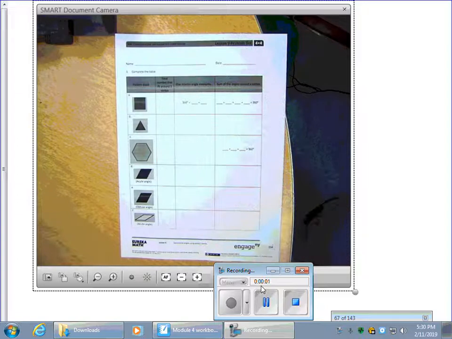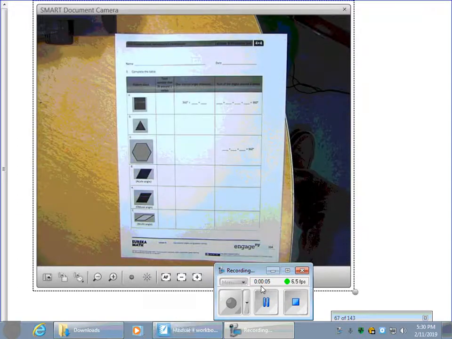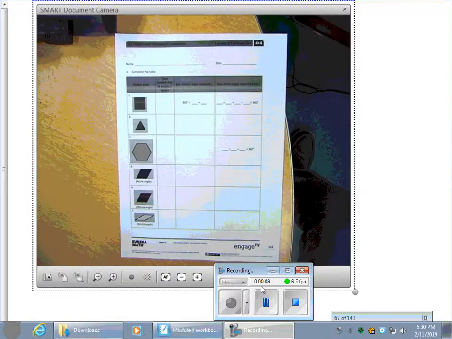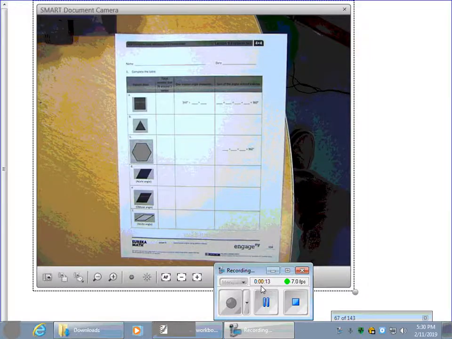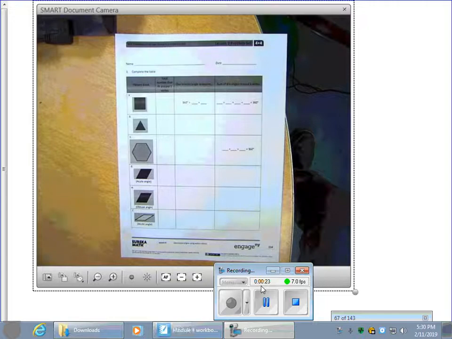Hey boys and girls, before we get started with lesson 9 tomorrow, I want to just go over the big idea. We have been covering how to measure angles using a protractor, and we've learned what obtuse angles look like, acute, straight, and so on and so forth, and we've made a lot of progress. Now we're going to change it up a little bit to see if we can measure angles without a protractor,